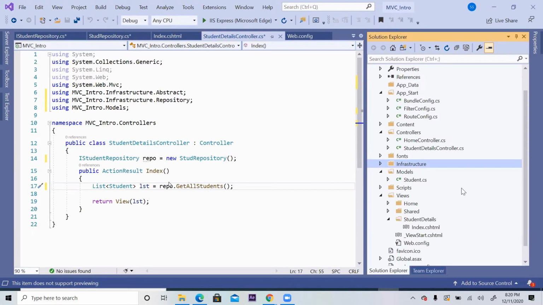M, V, C and the infrastructure layer. That infrastructure is having n number of layers, that is a different story based on our facilities and features. But overall, this is the data layer. Sometimes people write it as data layer also, data access layer. Any name instead of infrastructure is mostly welcome.